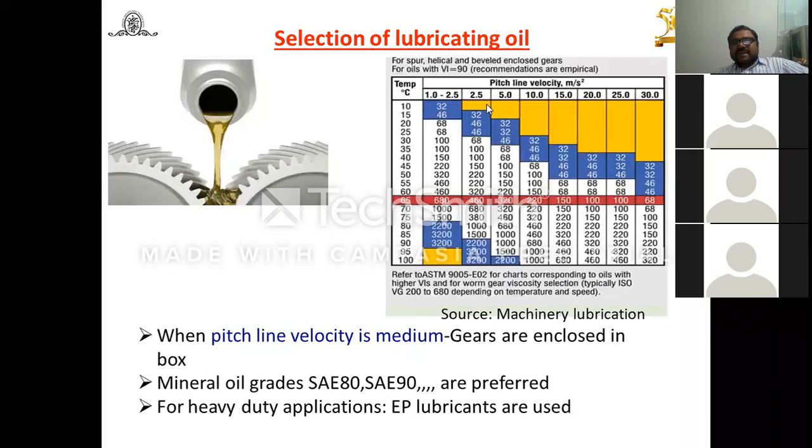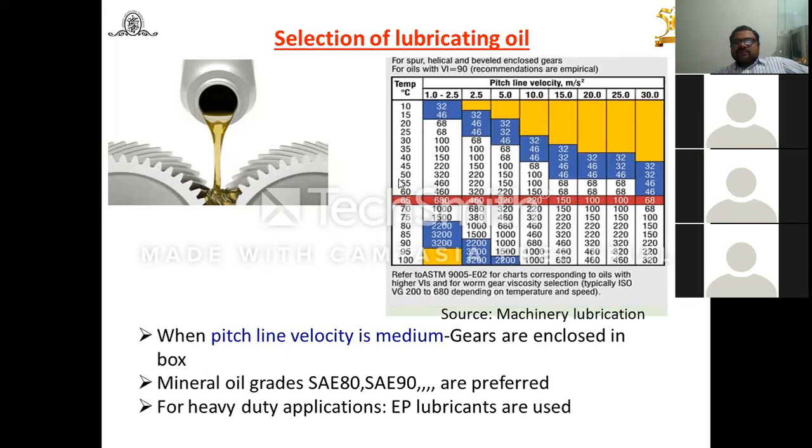This is one option. The second option, again, I have taken from machinery lubrication. Look at this. The selection depends on temperature. Generally, how much is the temperature which is going to rise inside the gearbox? You will find it is up to 55 to 60, not more than that. Because of that temperature rise, you can assume the temperature inside the gearbox, maybe 50, 55 or 60. Up to 60 is the maximum, try to understand.